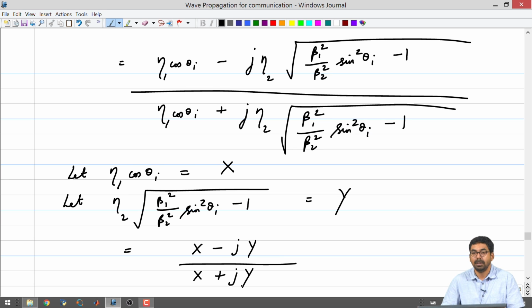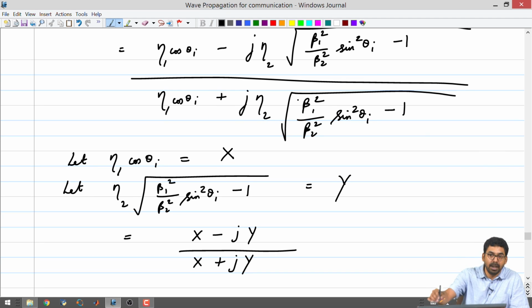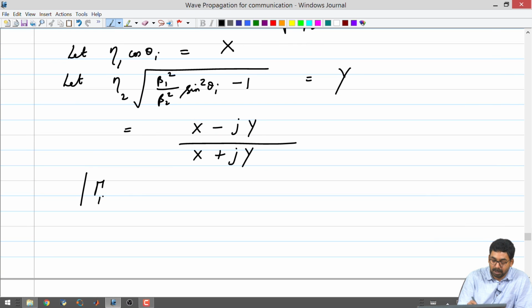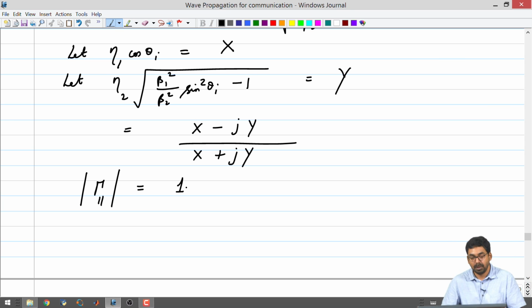I know that the magnitude of the complex number is given by square root of x square plus y square. The magnitude or the absolute value of the complex number of its conjugate is also square root of x square plus y square. So, it is clear to me that this is a ratio of two complex numbers of same magnitude, okay. So, I can say that this ratio as far as magnitude goes is equal to 1, okay. So, this is the purpose for rewriting it in the flipped form and taking j outside, so that I can make this assertion that magnitude of gamma parallel, the way we have written, is equal to 1. Okay.